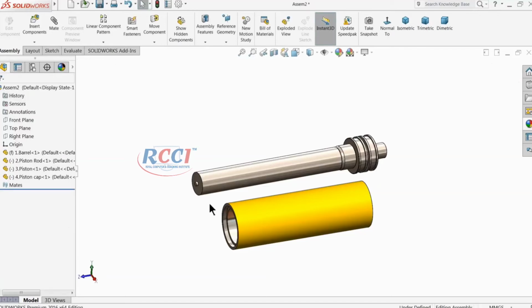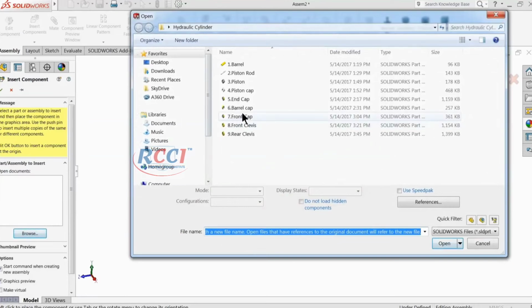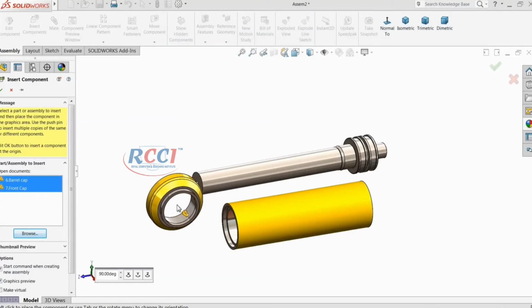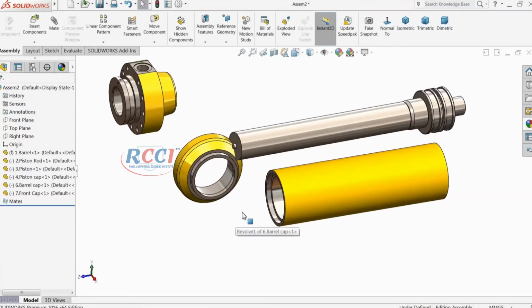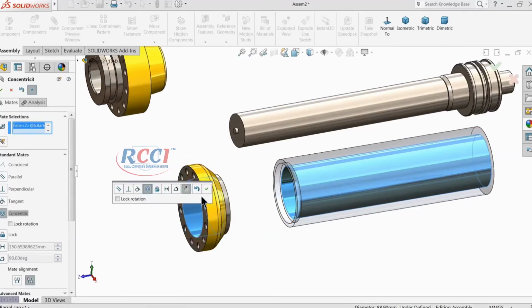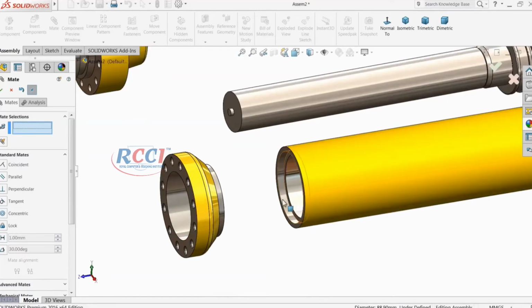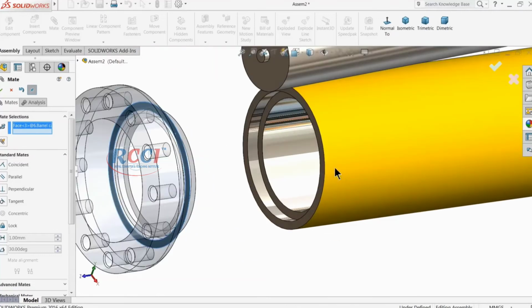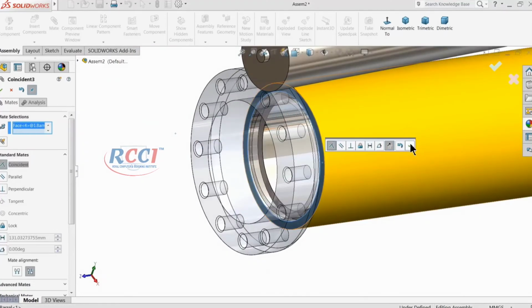Let's browse our other parts. Select here barrel cap and front cap. This is barrel cap and this is front cap. Mate. Select the inside face of barrel and cap. Inside face, choose here circular concentric relation. Okay, select this face and choose barrel outer face, coincident relation. Okay,